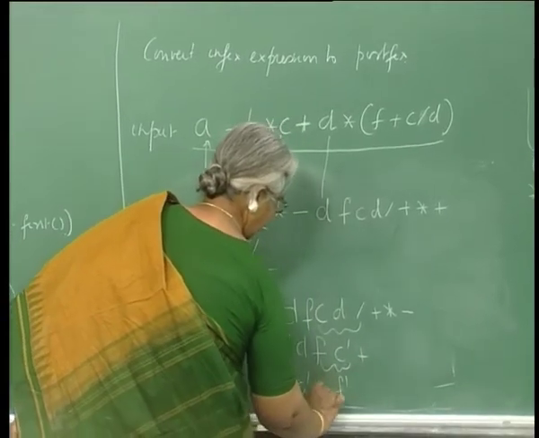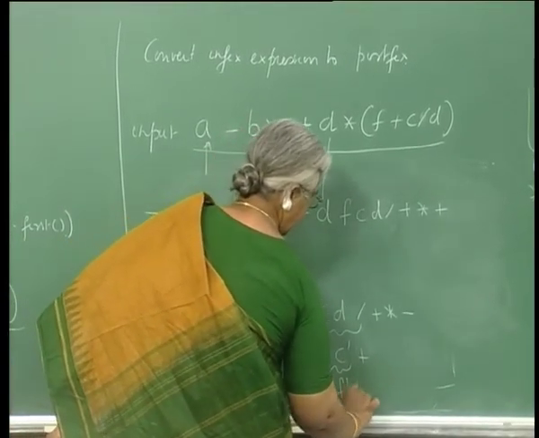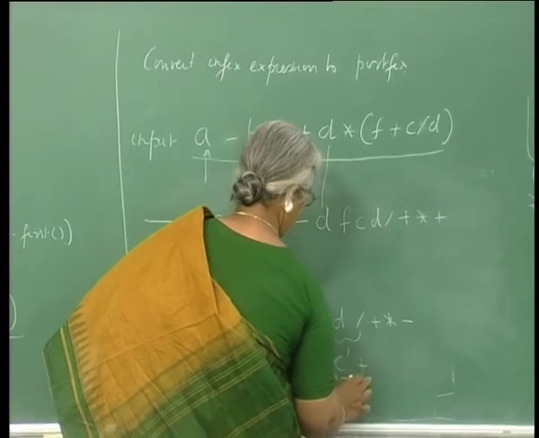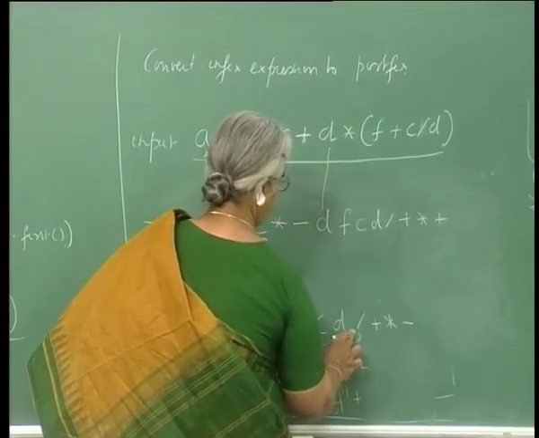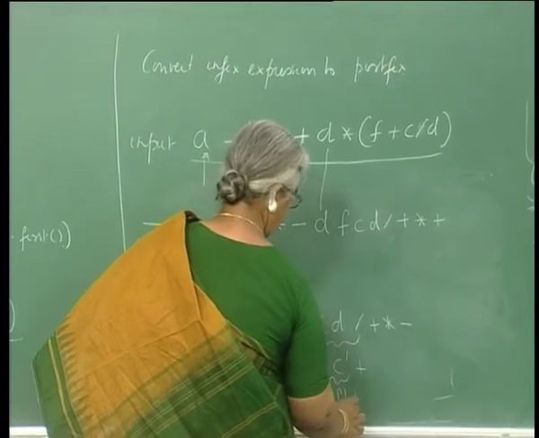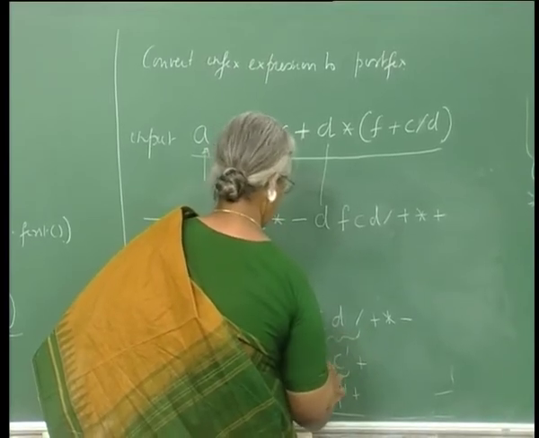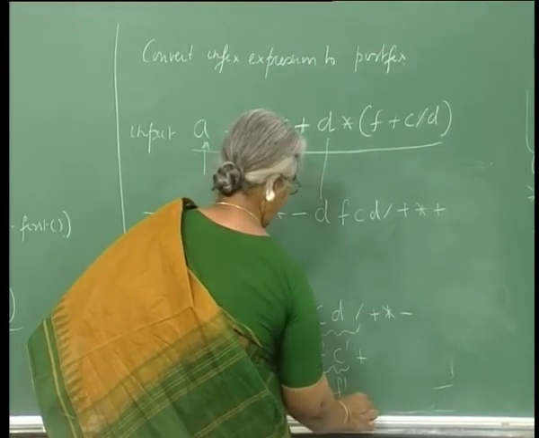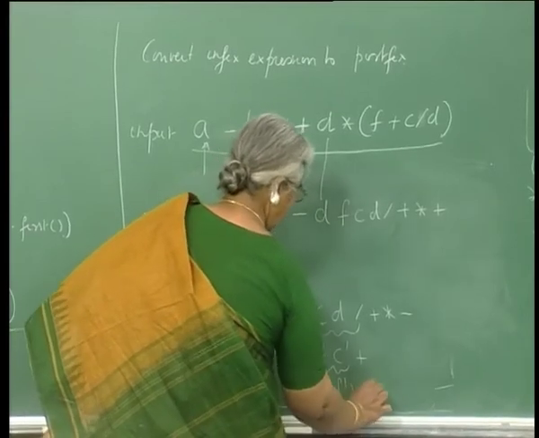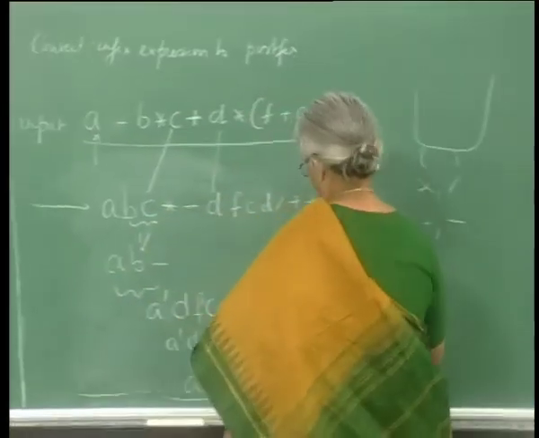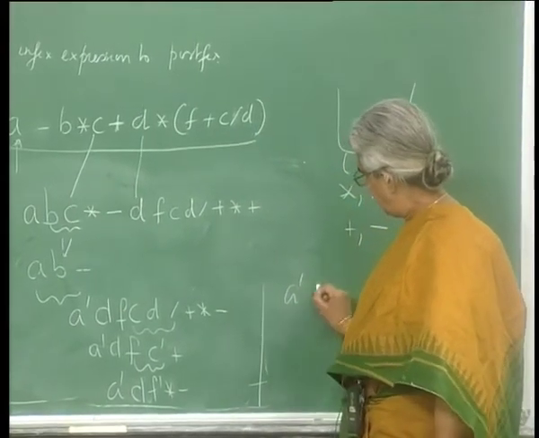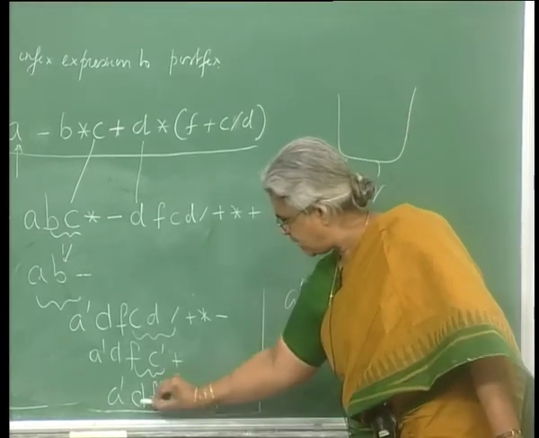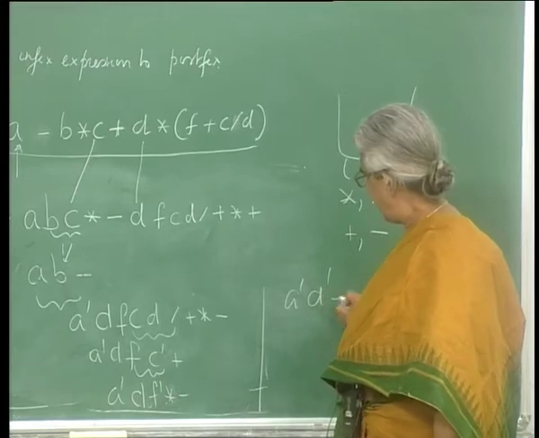So I have A prime, D, F prime plus, and sorry, plus is already gone. F plus CD, right. So CD, let me call this C prime, plus is already gone. I already computed the sum over here, and then I have a star over here and a minus. So next I compute A prime, D, F prime, let me call it D prime, after the multiplication, because I see the multiplication here, multiply these two, put the result in D prime, I have a minus, and now